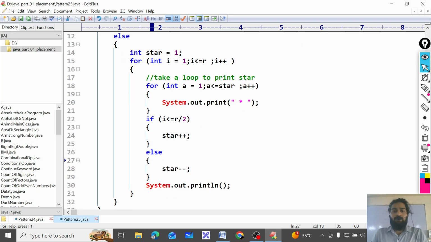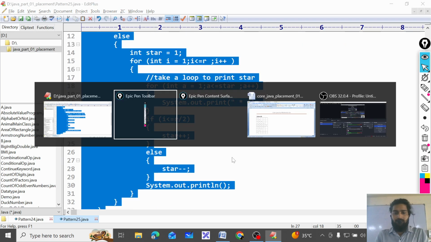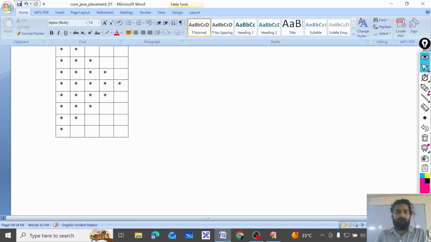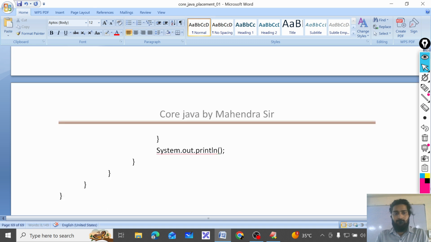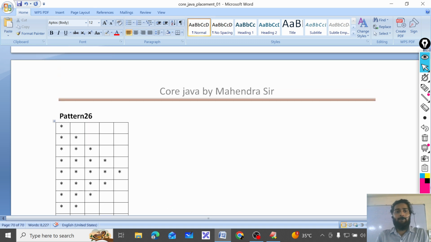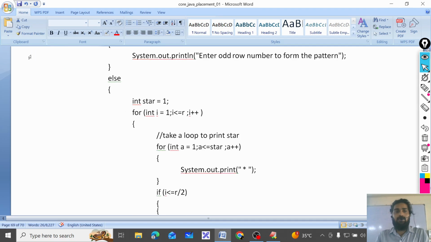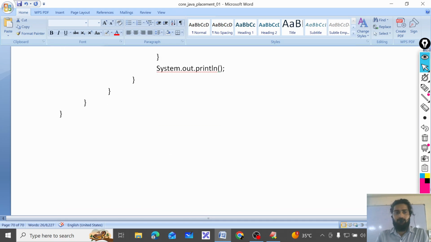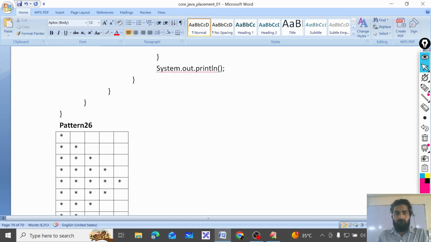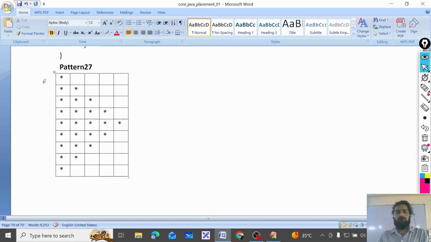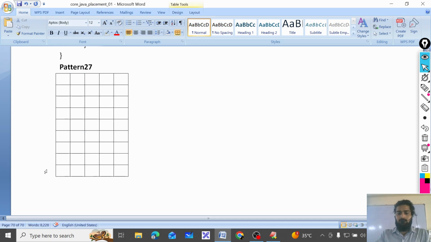Okay, I hope you are ready with this. You have done this. Let's go to next question now. Pattern number 27. Last pattern of the day. Star.